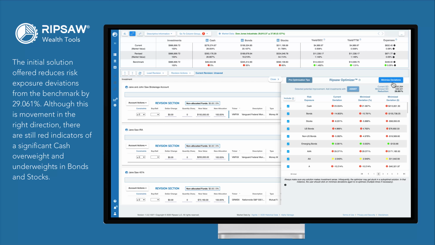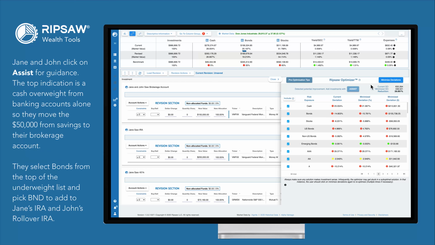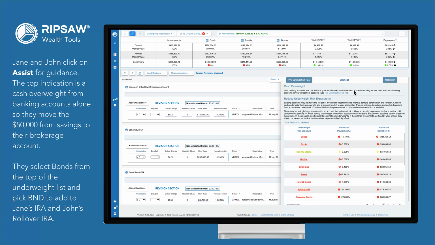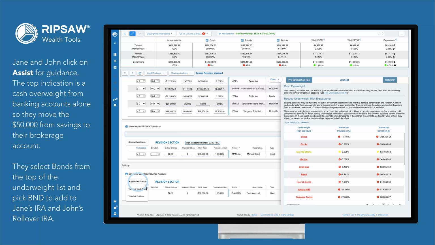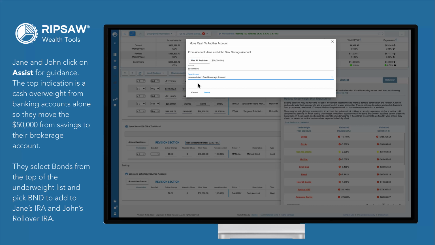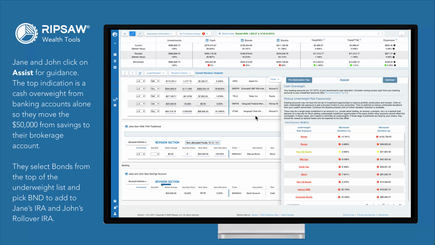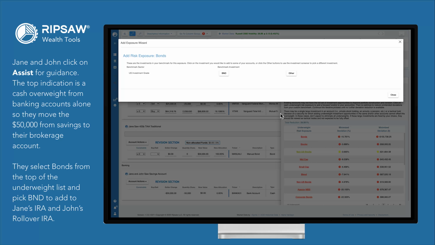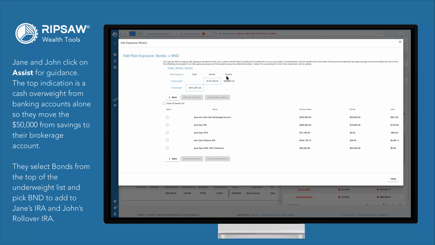Although this is movement in the right direction, there are still red indicators of a significant cash overweight and underweights in bonds and stocks. Jane and John click on Assist for guidance. The top indication is a cash overweight from banking accounts alone, so they move the $50,000 from savings to their brokerage account. They select bonds from the top of the underweight list and pick BND to add to Jane's IRA